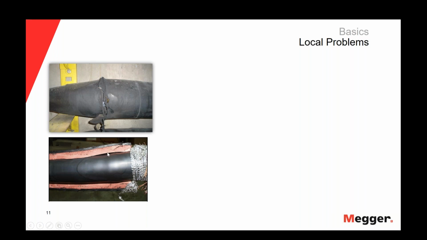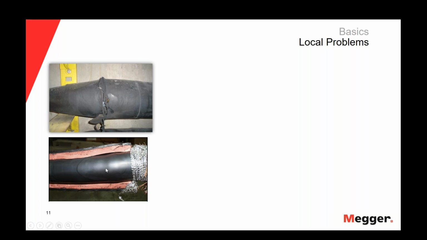And when the cable was in service, we started with a partial discharge activity in this air bubble, and this is the classic local issue example, a bad workmanship that can affect, in this case, the manufacture